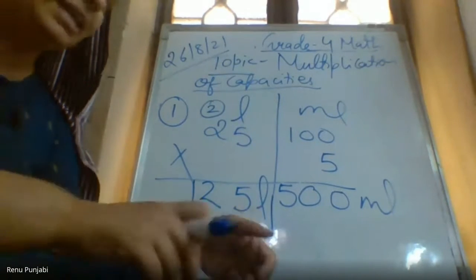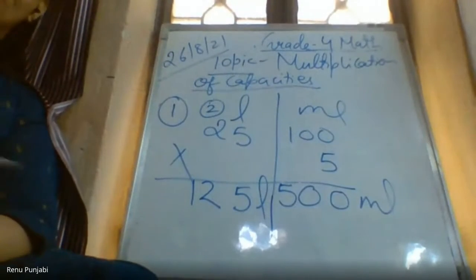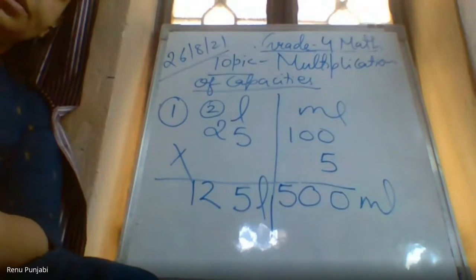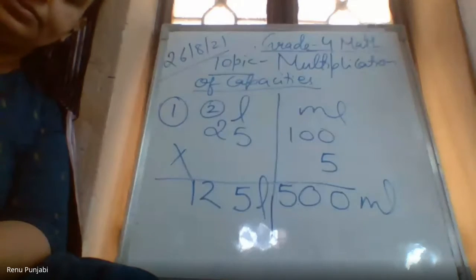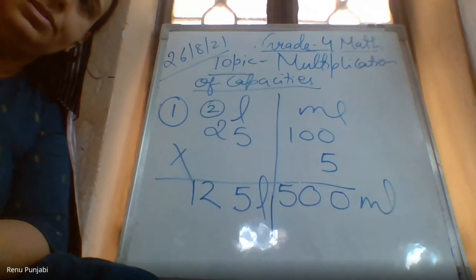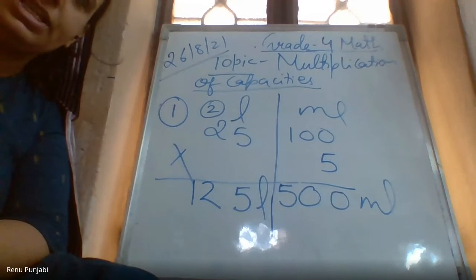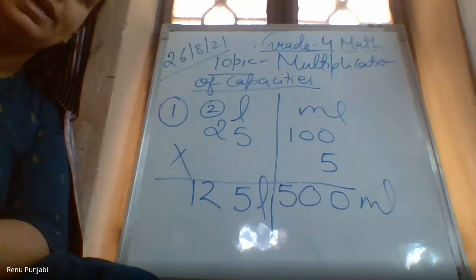By the time everyone writes, raise your hand if you can give me one example based on multiplication. Yes, Tej Kumar. Raise your virtual hand, please, students. 140 liter and 110 milliliter is the capacity of one thing, and you need to find for many, so we will multiply by 6. You need to find the capacity of 6 things. Can you frame it in the form of a word problem so it will be easy to explain and understand?